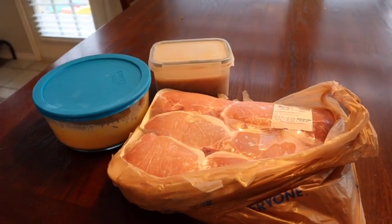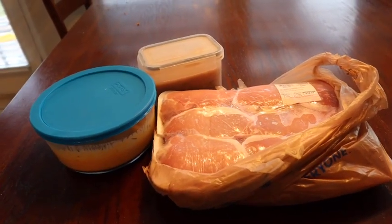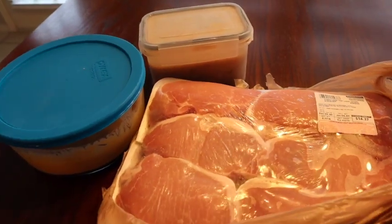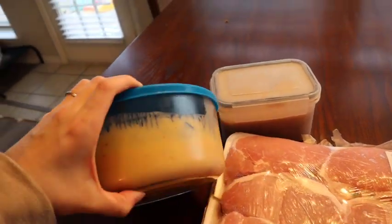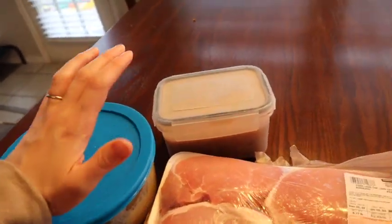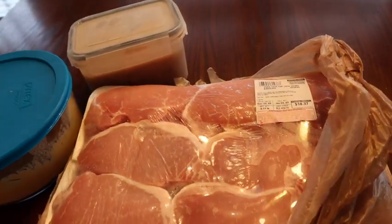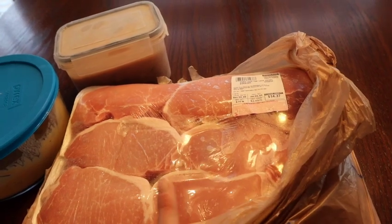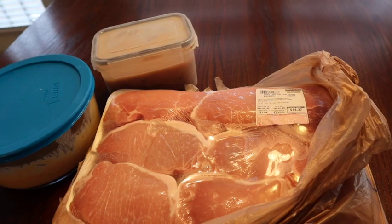I wanted to give a haul update. I have not spent any more on my weekly groceries, but we did go to a New Year's Day party and came home with some cheese dip, which is mostly gone, black-eyed peas, and 6 pounds of pork chops, which I will be making for dinner probably tomorrow. So that was